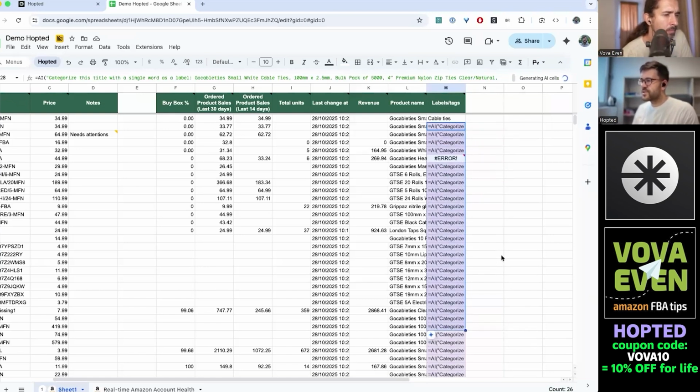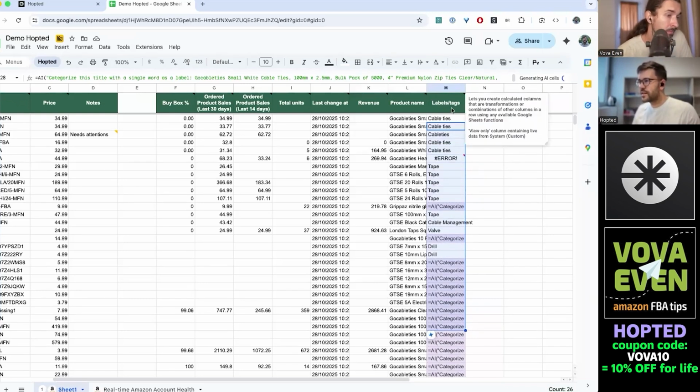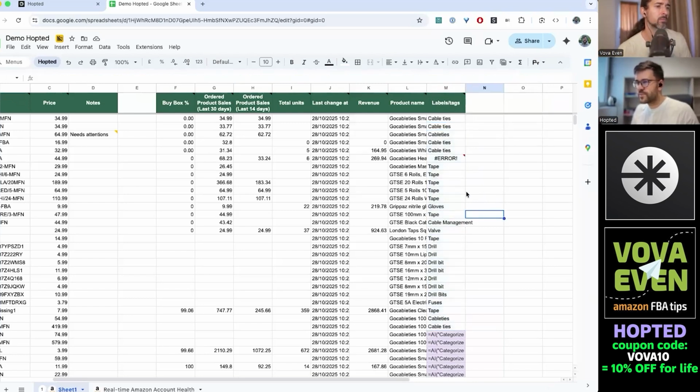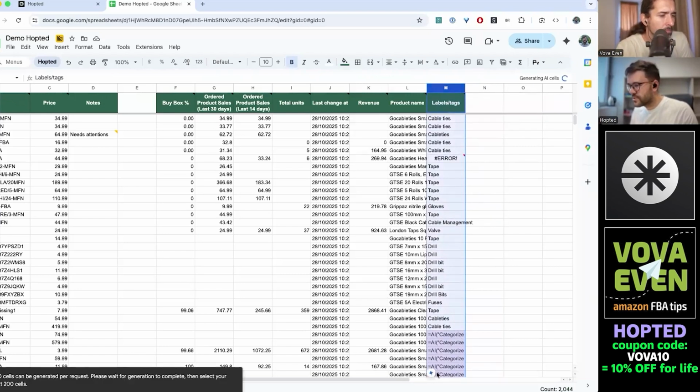Let's see for the first 25 products what kind of labels have been created. So yeah, as you proposed, creating these kind of labels, we got them. We can actually select the whole column and ask to refresh everything, but it has a 200 cell limit, but it will